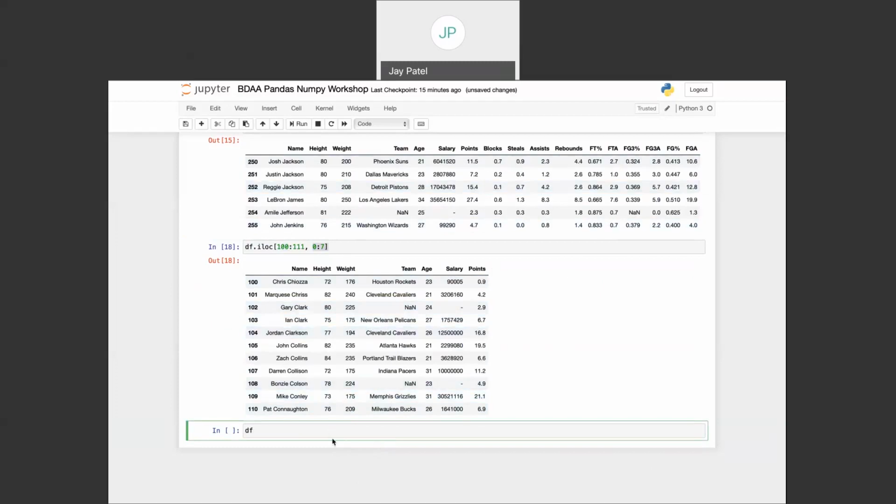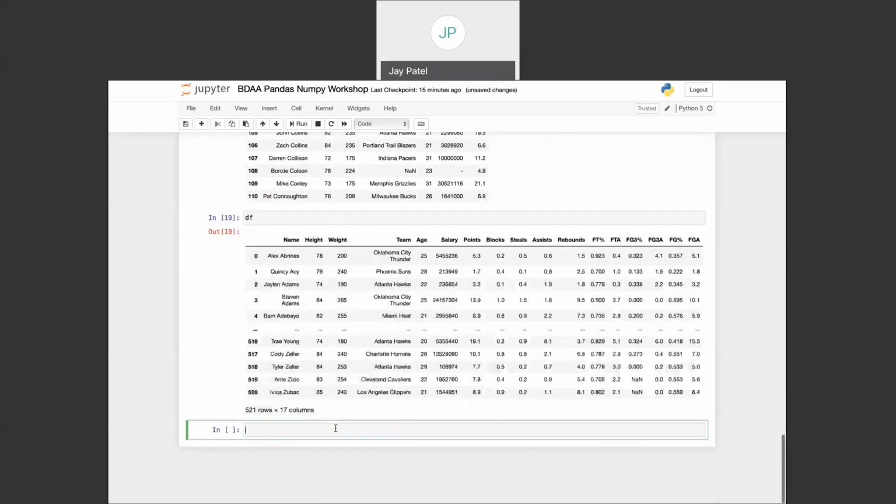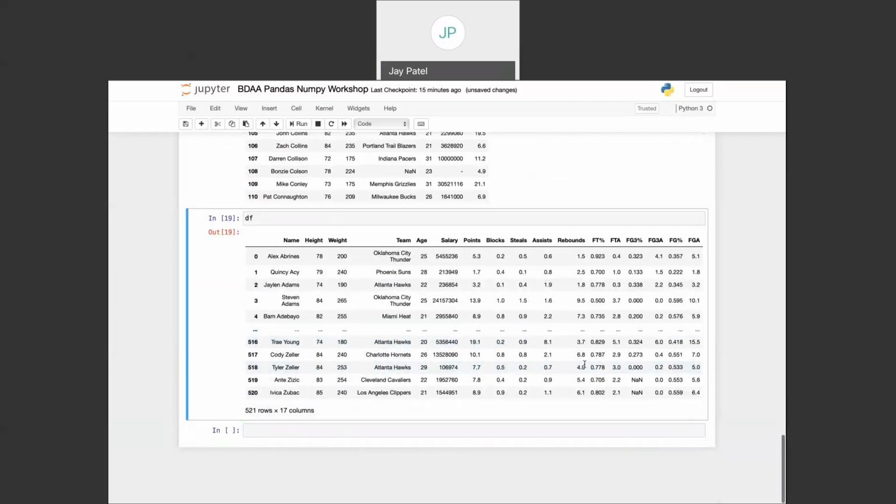If we look at this data frame when it's summarized, we can't see LeBron James. We don't know where he's at. We could use iloc, but that would mean we would have to keep guessing the index that he's at. So to make this easier, instead of the integer location iloc,